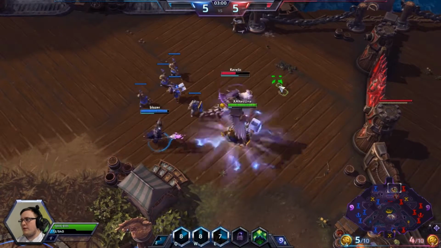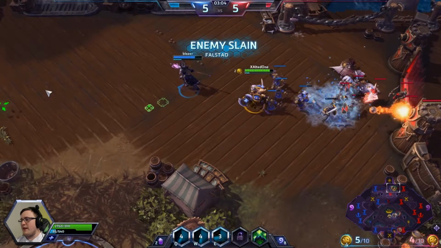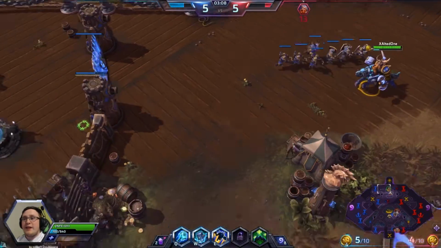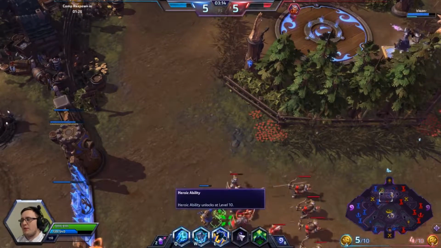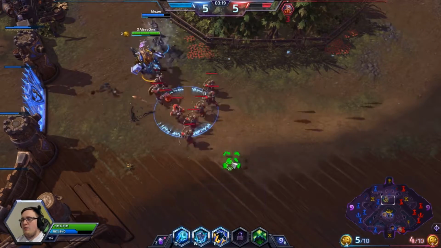Okay, just going to try and slow him down here, hoping that the Jaina has enough to take him down, and she does. So what we try and do is use our E as an engage, so our Dwarf Toss, to jump in to get in on somebody or to get around them. So if someone comes up into our face, we can stun them with our Q, hit them with our W,